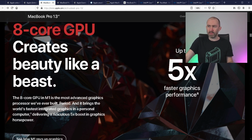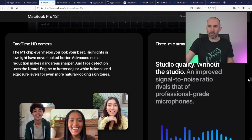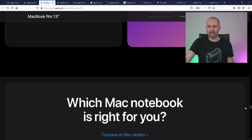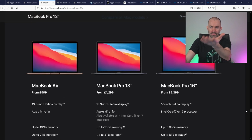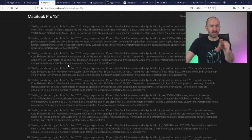Now, if you go down to the bottom of the page, you can start to put the whole picture together. Down at the bottom of the sales page, you will see all the little notes, and you can check out the specs yourself. This is what I want to show you. All these notes are where the claims are coming from. You'll see, like, testing conducted by Apple in October 2020 using a pre-production 13-inch MacBook Pro system with